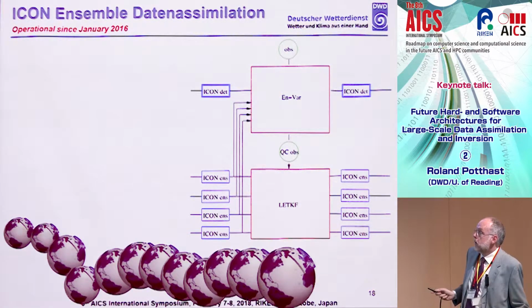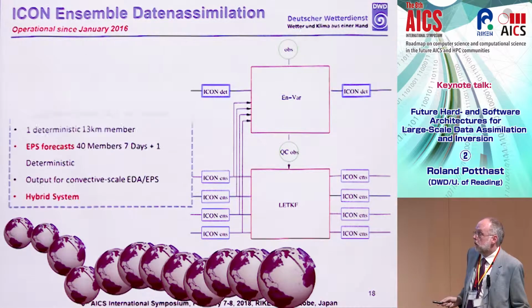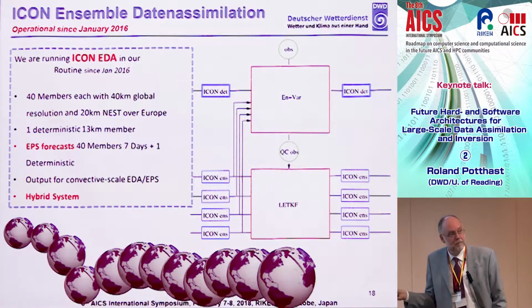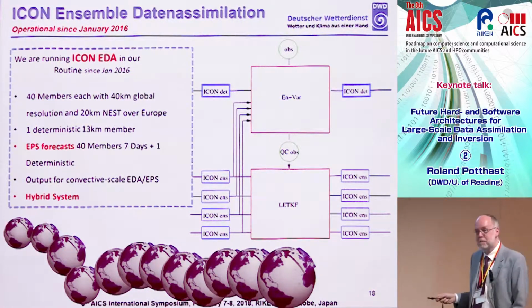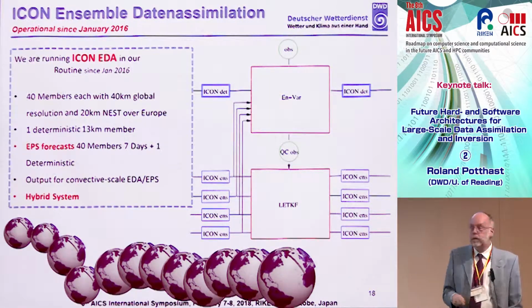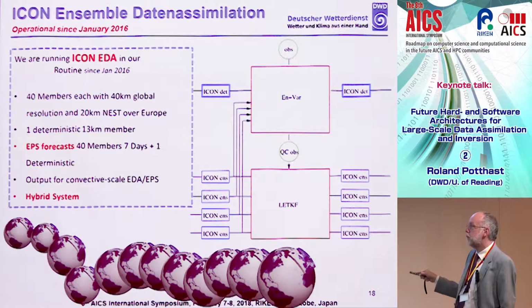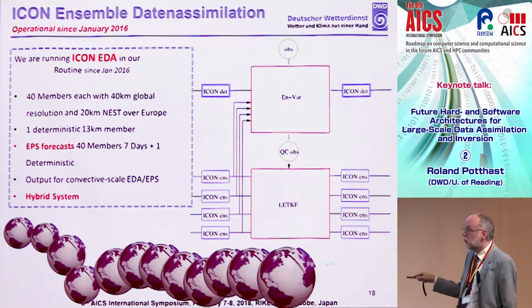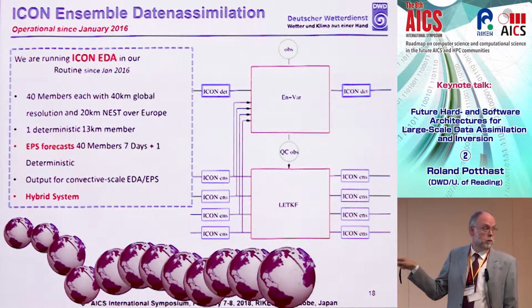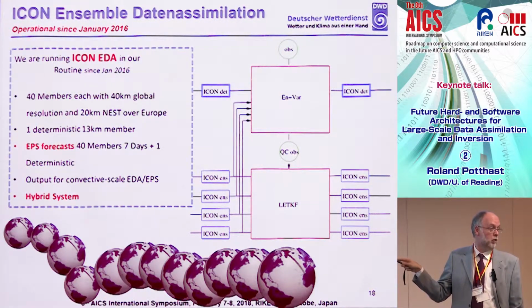and then we go on to the criteria. This is our operational data assimilation. It's an LETKF, very similar to what Takemasa is developing here for NICAM. And joined with an ensemble variational method. So this is a minimization type method, but it uses the correlations which come dynamically from this ensemble data assimilation. We run 40 members. This is what we can afford at the moment. We try to go to 80 at the moment,